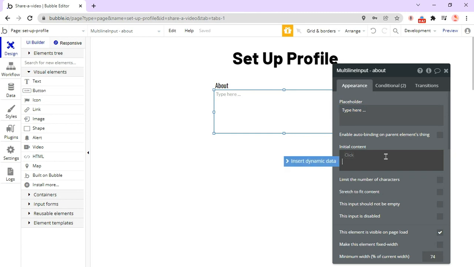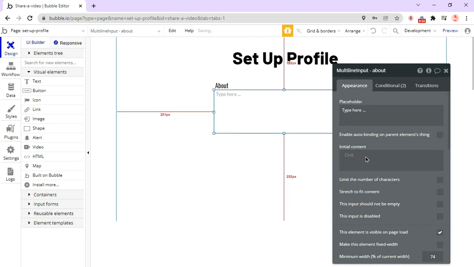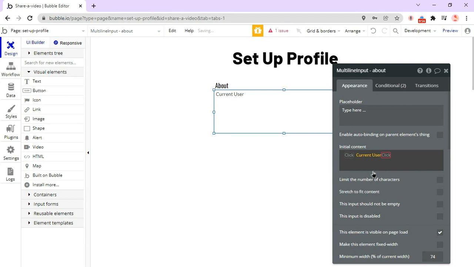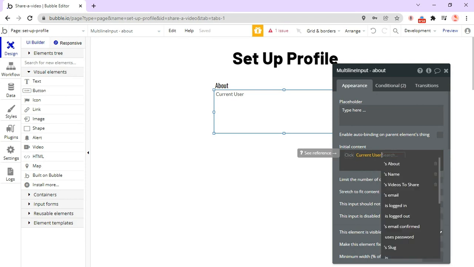And then now we're going to learn about dynamic data. Initial content, we'll be adding the current, so we're just going to start the insert dynamic data option, and then we're going to pick the current user's About. Okay,